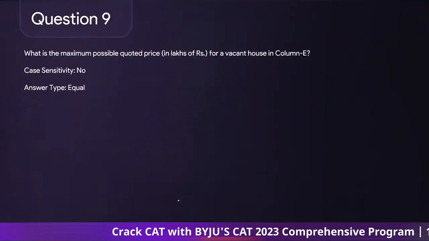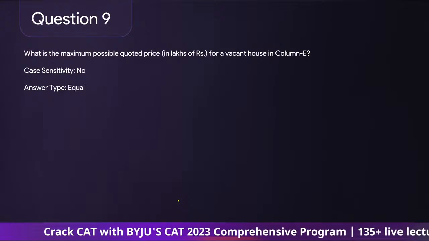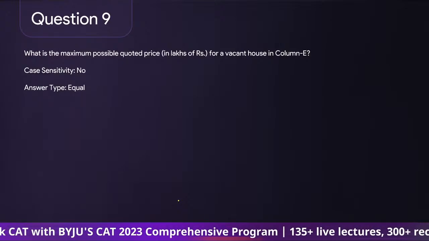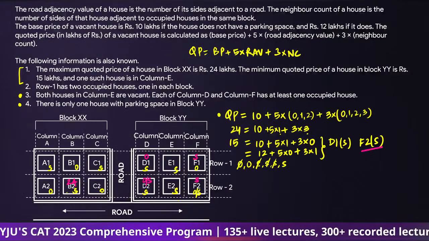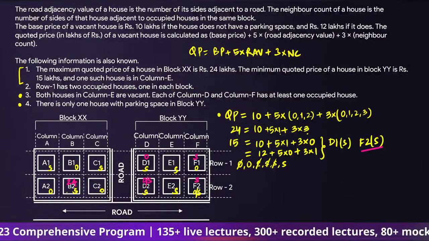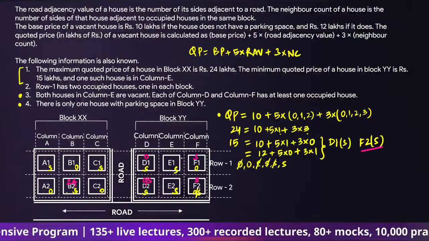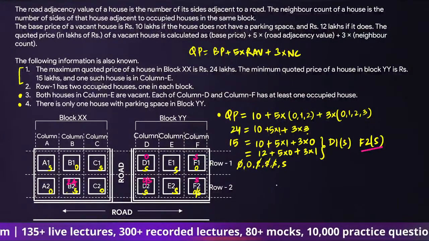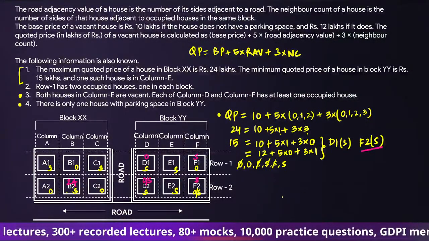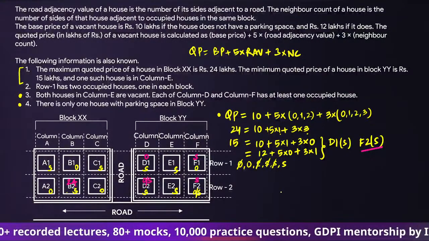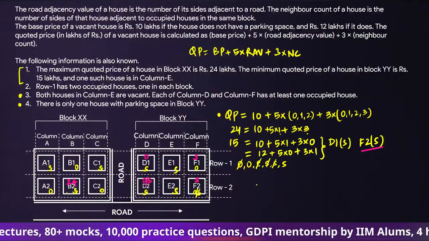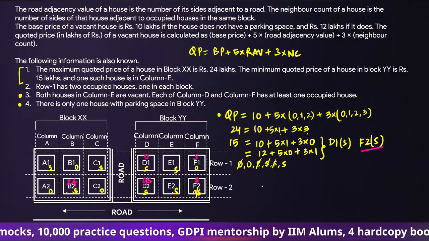Next, what is the maximum possible quoted price for a vacant house in column E? Column E में maximum possible क्या हो सकता है इन दोनों सेल्स का? ठीक है. So for the maximum possible, if I take this E2 as